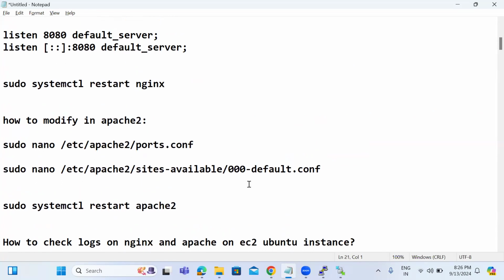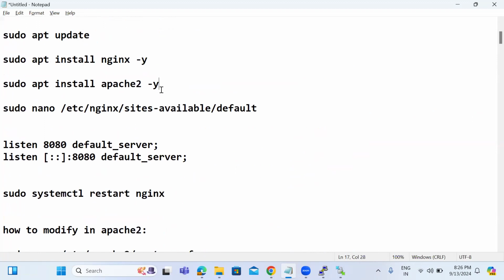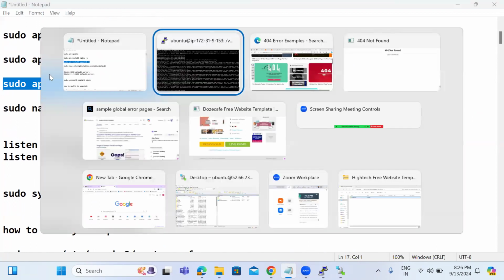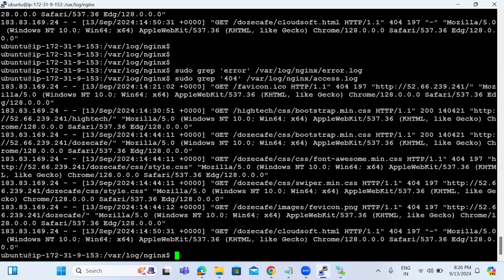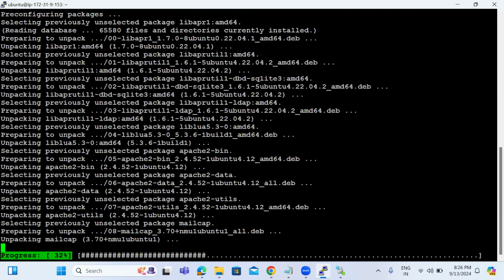The task is I'm going to install Apache also on the same server. Normally in real time, for web servers we'll choose either Nginx or Apache. But here, for practice purposes, I want to install both. I'll move to my home directory. I'm going to install Apache also here. sudo apt install apache2, I have installed it. Then